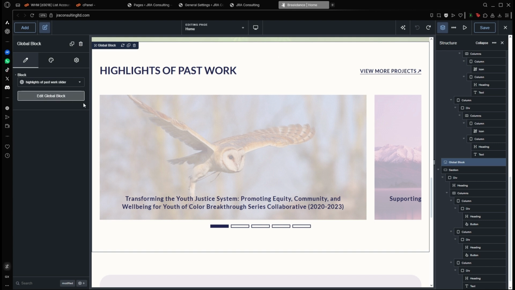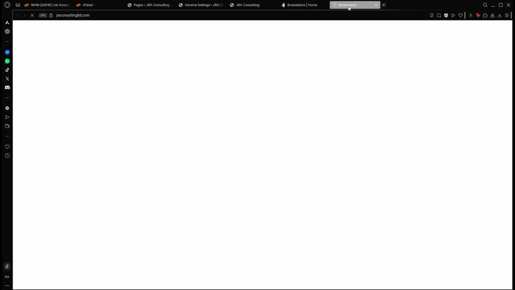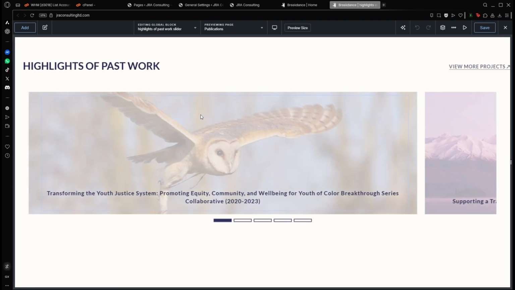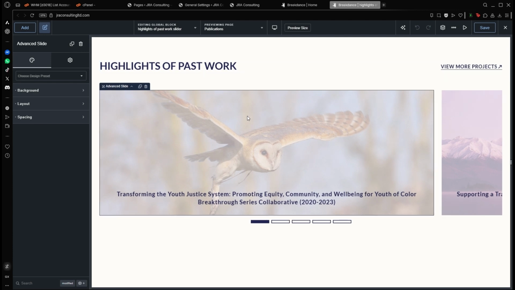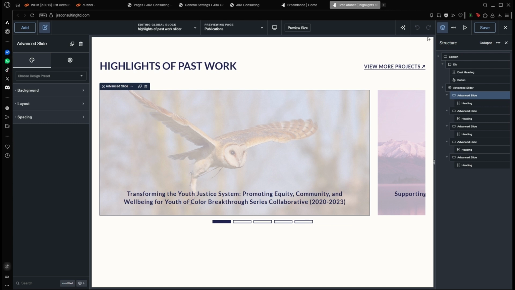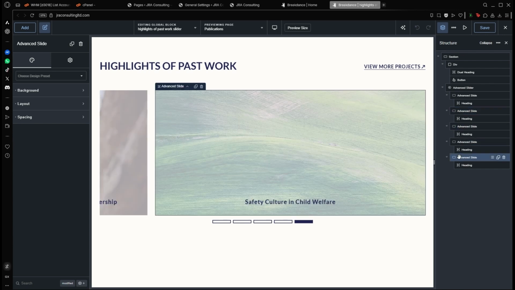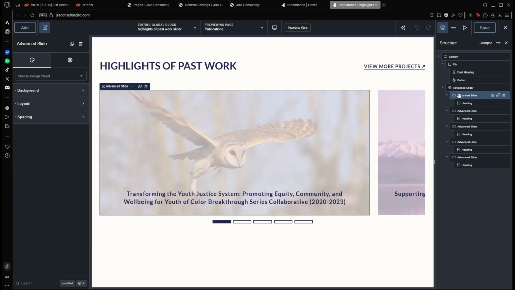I'm going to edit in a new tab. It's also showing up in several pages. So it's a slider. If you click, we open the structure panel. We can see there is a slider that has, in this case, 5 slides, and you can see also in the navigation there are 5 slides that you can control